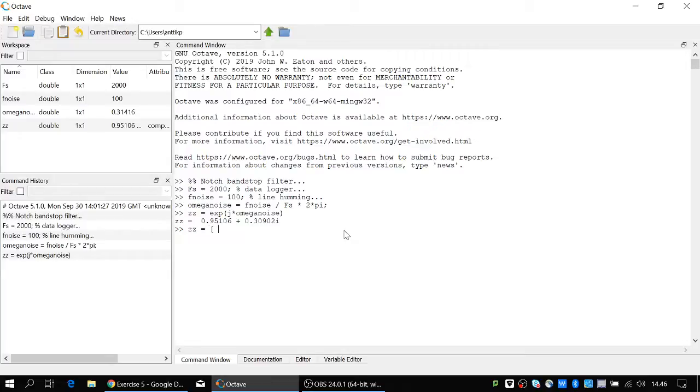Actually, let's do it like this: zz; conjugate of zz. So zz is actually the same as the complex conjugate of the value. There we go. So now we have a complex conjugate pair, and to make sure that they actually are on the unit circle, let me